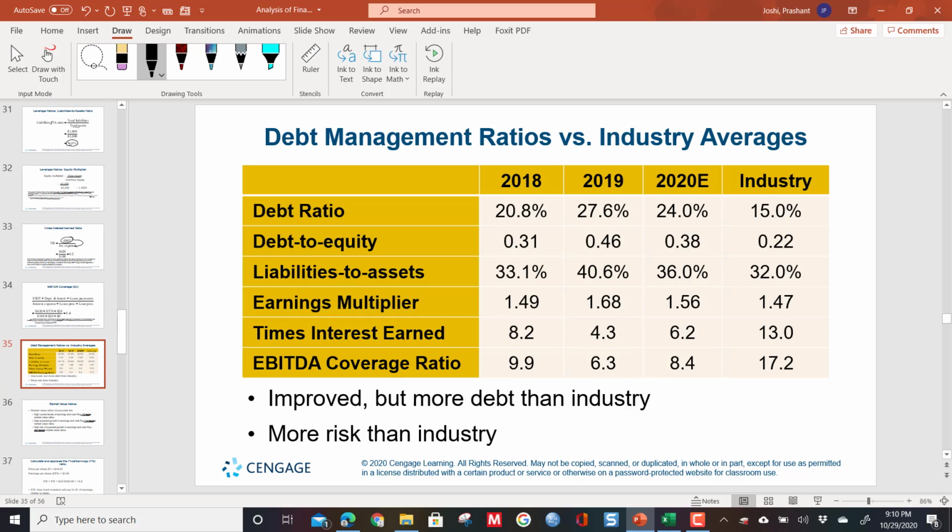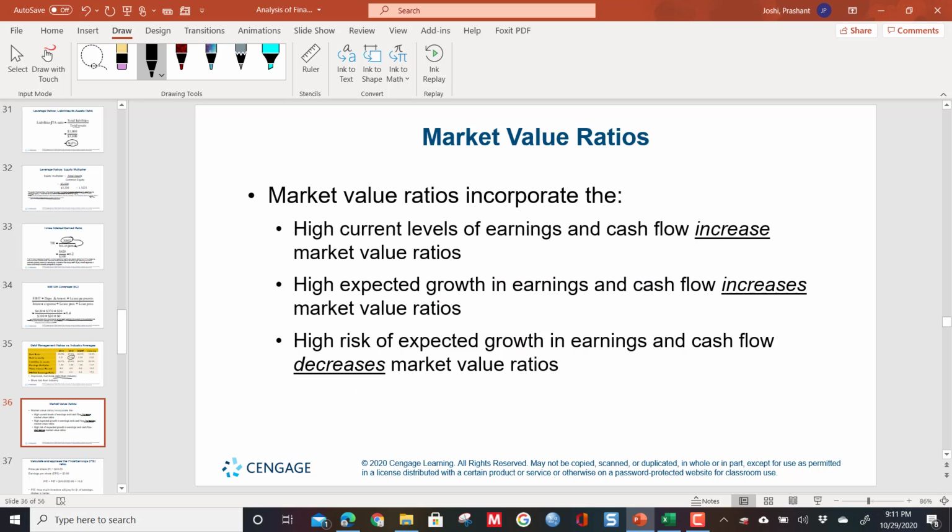So these are the results being tabulated against the industry, and you can see here it is improved but has more debt than the industry. So it has more debt than the industry, which is more risky. The company is more risky in investment. Okay, so the market value ratio